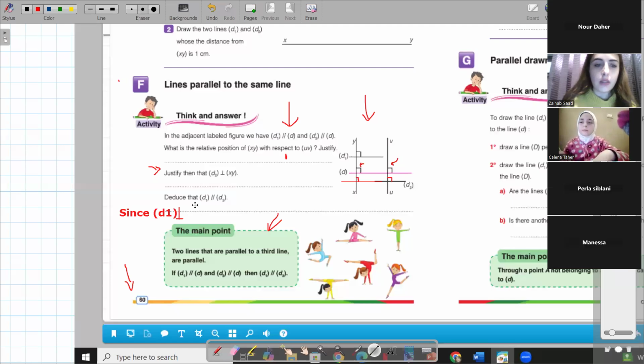So D1, since D1 is perpendicular to XY, how did we know that? This is exercise 2, the third part of the exercise, think and answer. Deduce that D1 is parallel to D2. This is what we are doing now. So since D1 is perpendicular to XY, given from the figure,